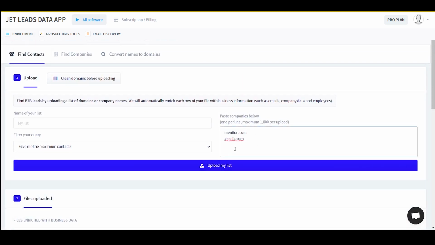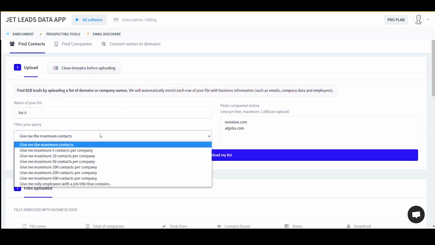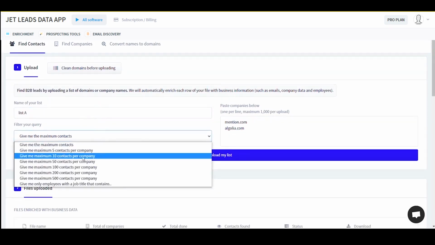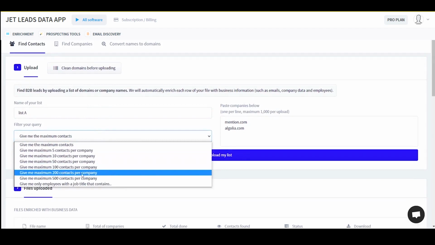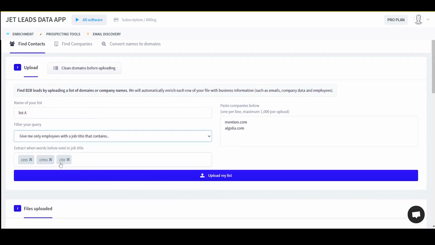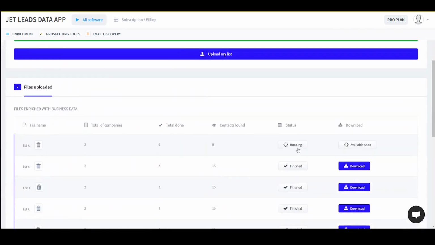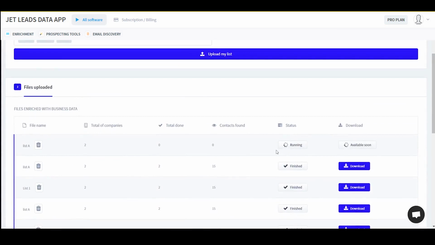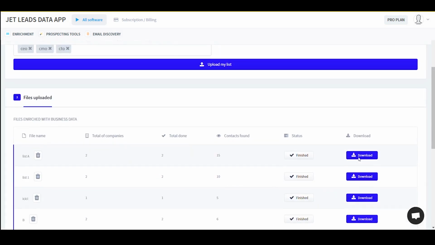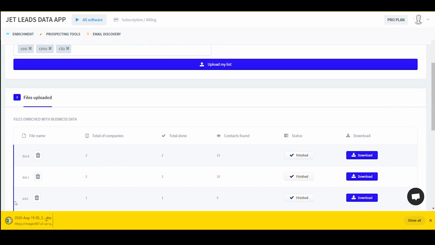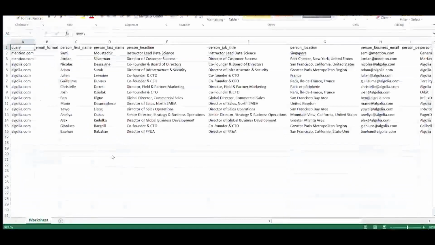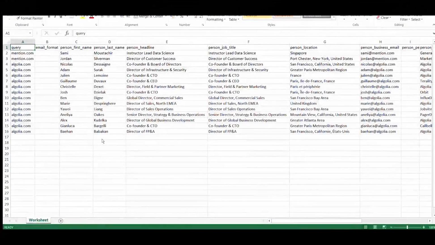You simply have to paste a list of companies or domain names here in this space. Give this list a name and select from the drop-down menu the number of contacts you want. You can also type in the designations whom you would like to connect with and then upload the list. This tool will now start finding contacts and emails. Once the search is completed, you can download the extracted results and clean the data list as per your requirement and use it for the campaigns you wish to run. You can see the list